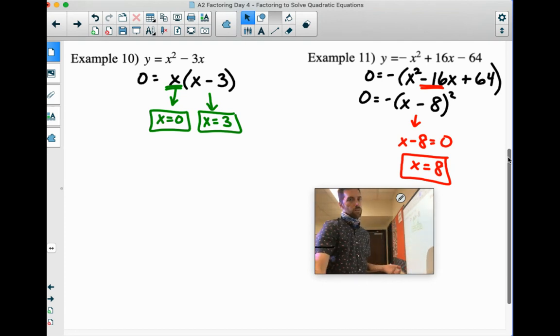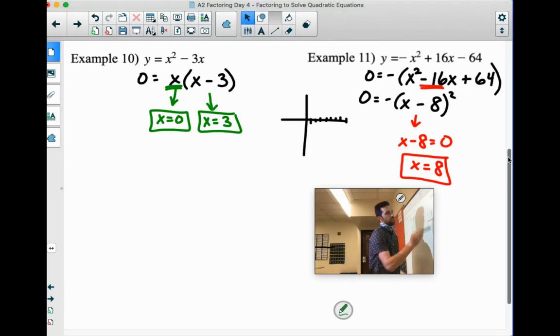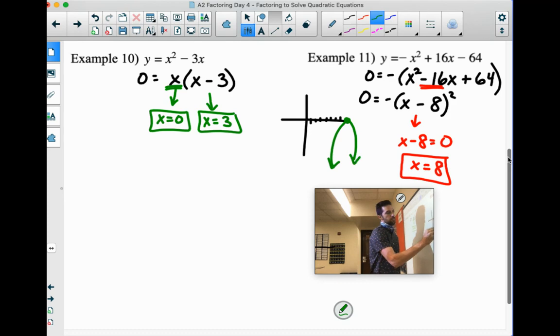So we only write it one time, which if that was a graph, x equals 8 would be here, and the graph would be like that. So it would intersect